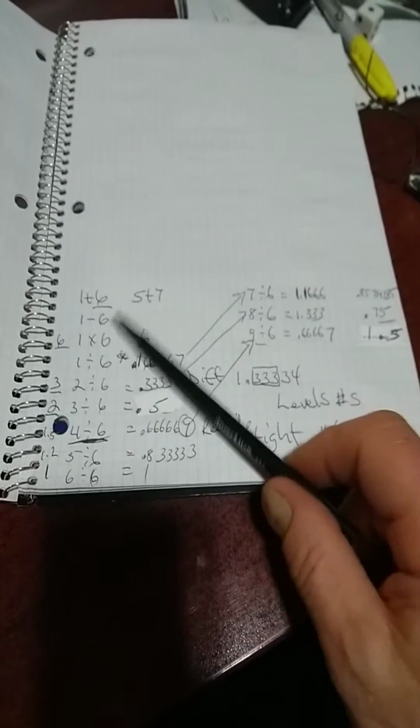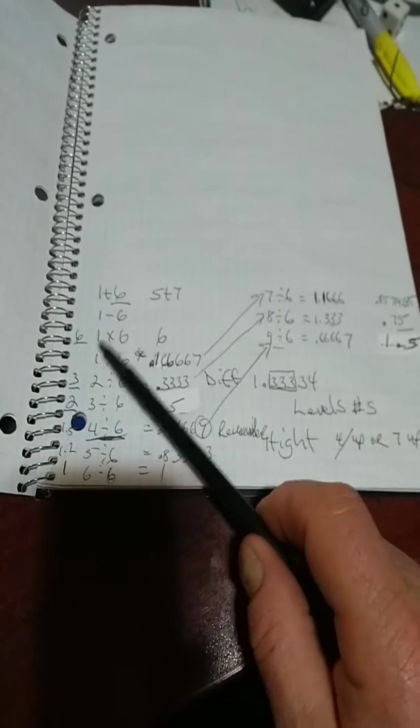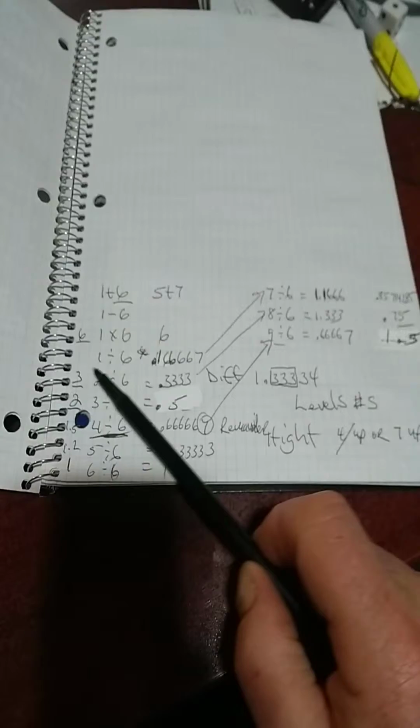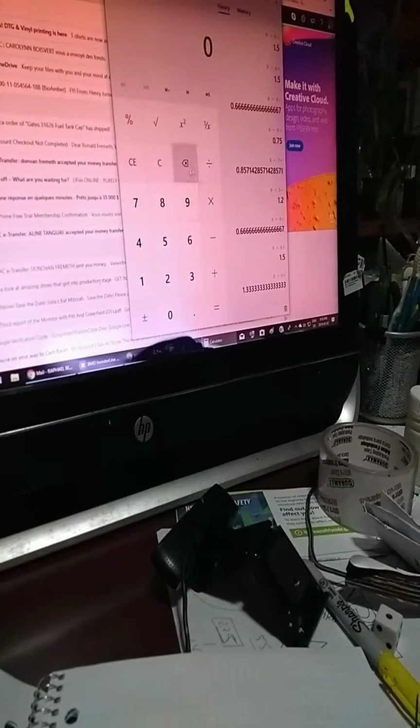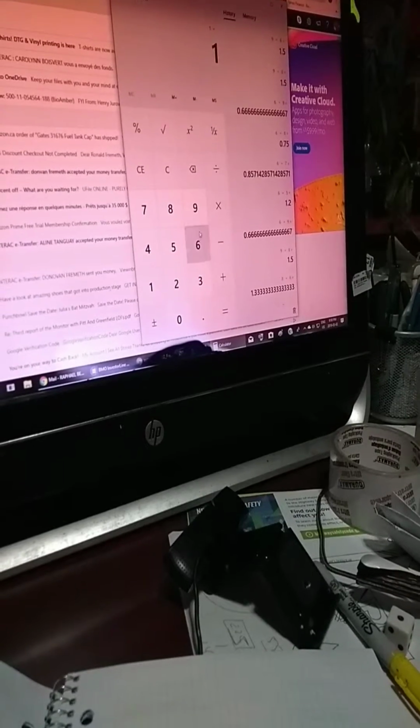Okay, now let's get this done. What we're going to do is I'm going to use just number 6. I'm going to go 6 divided by 1. Or is that 1 divided by 6? What does the calculator say? 1 divided by 6 equals. Okay, so this is 1 divided by 6 equals